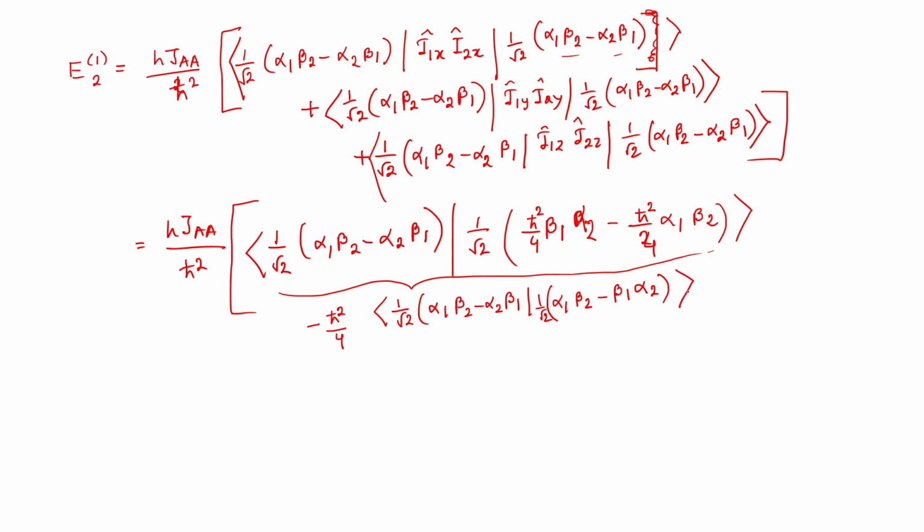See, you may have doubt about why 1 by root 2. This is actually going to be a normalization condition. If I take 1 by root 2 outside, 1 by root 2 into 1 by root 2 is half outside, then it is not 1, because this is the overall wave function, that 1 by root 2 into this, that's why it is coming here. And then see what is going to be the next part. The next part is also 1 by root 2, alpha 1 beta 2 minus alpha 2 beta 1.